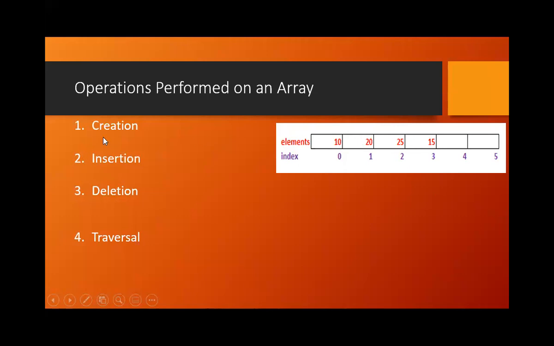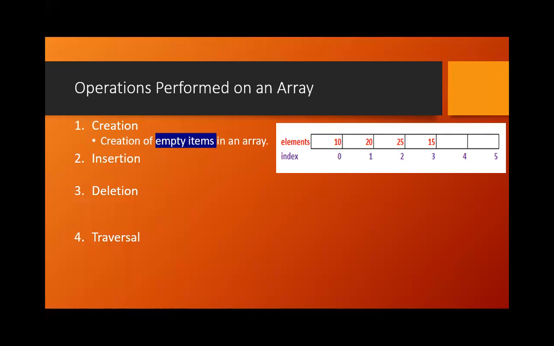Now the creation process. Creation here means just creating an array. In C programming, suppose you want to create an array of integers of size 5, then we just mention int, the name of the array, and within square brackets the size. That is nothing but the creation of an array.